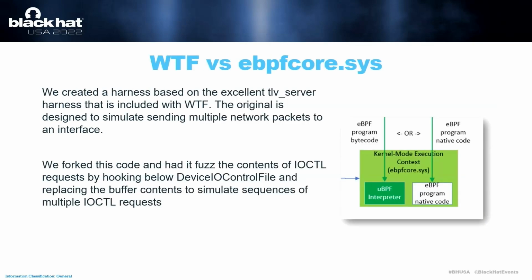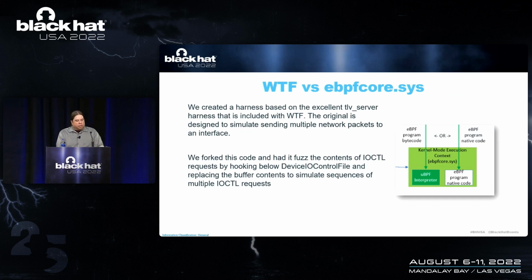Due to time constraints, this is just kind of an introduction to WTF as a powerful tool for doing kernel fuzzing. You'll have to go look a little bit further on your own. But ultimately, it comes with a demonstration fuzzer that is able to do type length value network fuzzing using multiple packets. So we forked that, modified it so that instead of hooking the network sockets, we hooked below the device